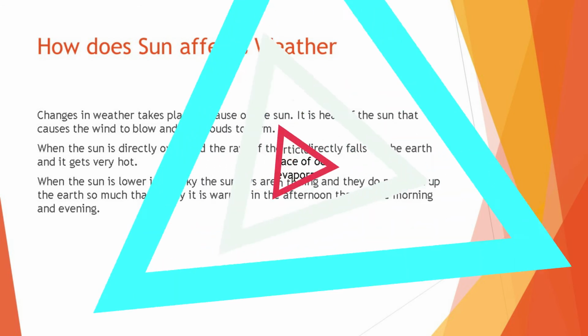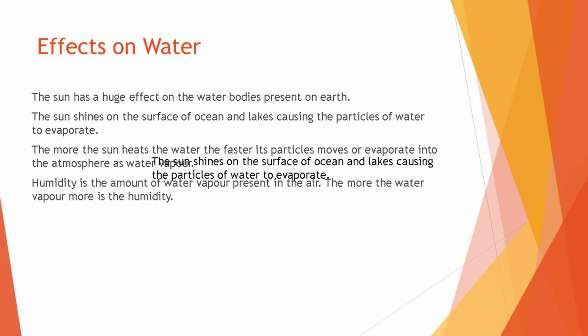Now, how does the sun affect the water condition? The sun has a huge effect on water bodies present on earth. The sun shines on the surface of oceans, lakes, rivers and all water bodies. And what happens? It causes the particles of water to evaporate. When water is boiled or heated, we all know it evaporates. So, it evaporates. The more the sun heats the water, the faster its particles move or evaporate into the atmosphere